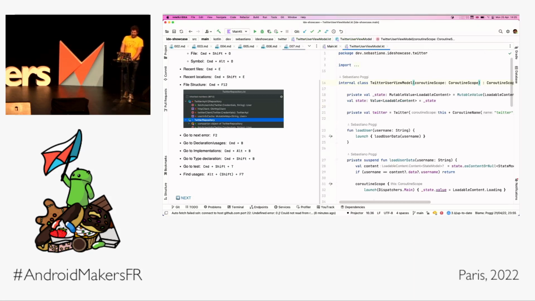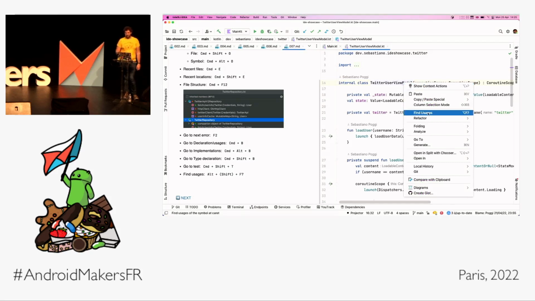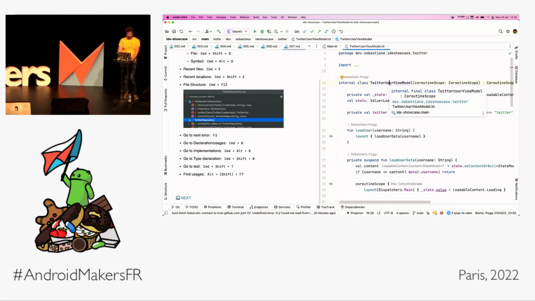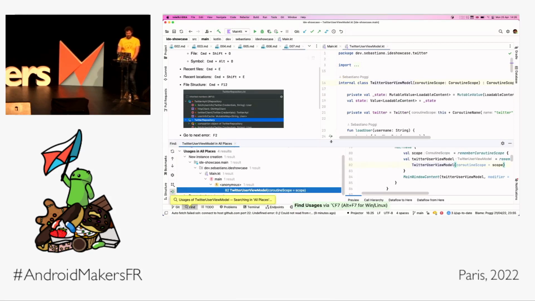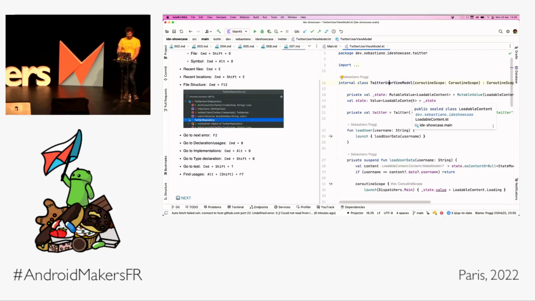Last thing that I find very useful is if you are on some symbol, be it the declaration or the usage, you can see where it's used. And one way to do it is to right-click and do find usages, or you can do Alt F7, and it will pop up the find tool window at the bottom, the panel, and it will show you all the usages. Even more convenient, I find, is Alt Shift F7,